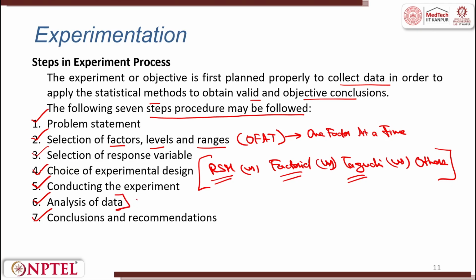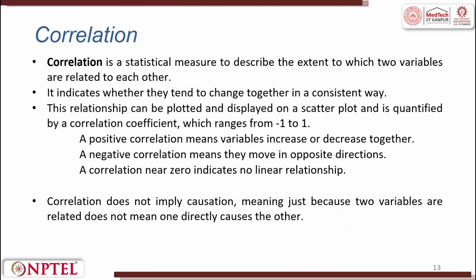In this analysis of data, as I mentioned, generally we try to have a regression model. To have a regression model, we need to understand what is correlation and what is regression. Correlation is a statistical measure to describe the extent to which two variables are related to each other. It indicates whether they tend to change together in a consistent way. This relationship can be plotted and displayed on a scatter plot and is quantified by a correlation coefficient which ranges